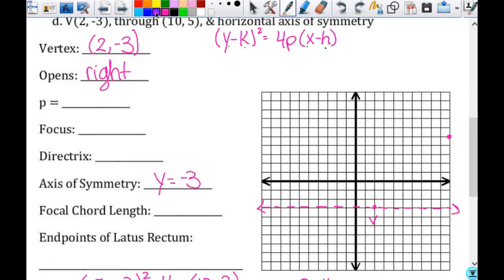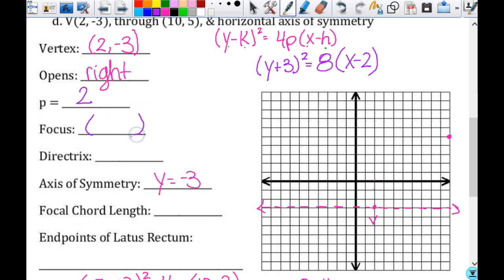So when I come back over here, then y plus 3 squared equals 4p, which is 8, times x minus 2. Does that make sense to you? So then p, it's fine to find p and then substitute it back in. There's just times where you want to kind of simplify your life a little bit. So p equals 2, which means my focus, okay,